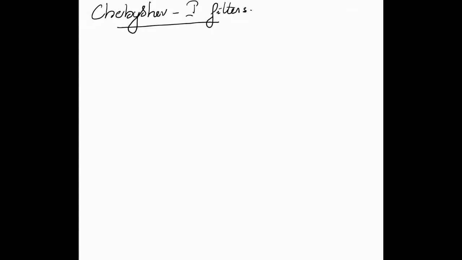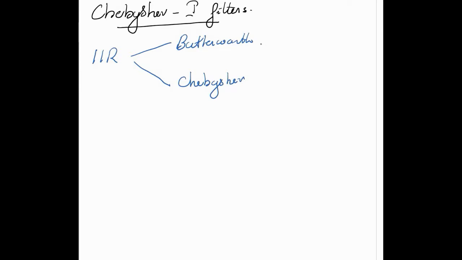Hi, today we are going to see about Chebyshev type 1 filters. IIR filters, infinite impulse response filters, have been classified into two types to find the analog specification. One is called the Butterworth filter and another one is the Chebyshev filter. And to convert this to digital, we are using two other techniques known as the IIT as well as BLT,